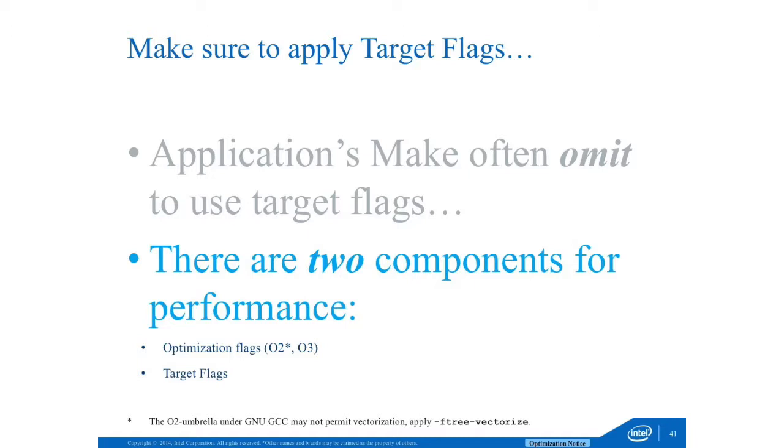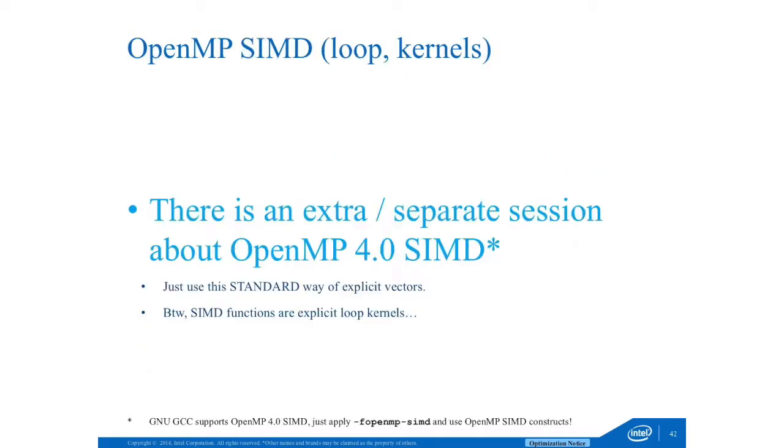You want to permit vectorization if you stick with O2. And you might also want to enable OpenMP SIMD support in GNU GCC. There is a new keyword, not just -fopenmp, but -fopenmp-simd, which allows you to toggle SIMD and